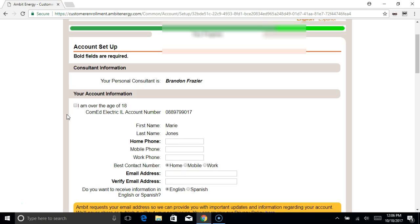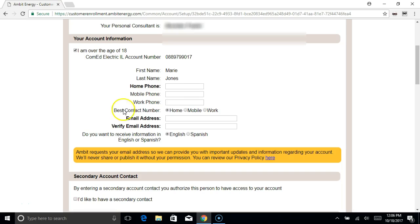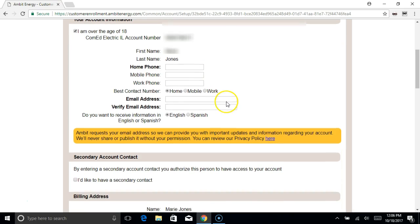No, if it's not, you go back and fix it. All right, this is going to be the third page you come up to. Again, it's going to have my name here. You want to go ahead and click the box indicating that they are over the age of 18. For the home phone, if they don't have a home phone, guys, just go ahead and put in a mobile. It's not a big deal, but we do need some type of phone for the record, as well as